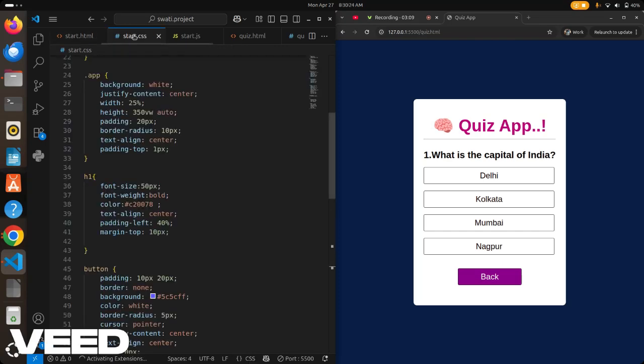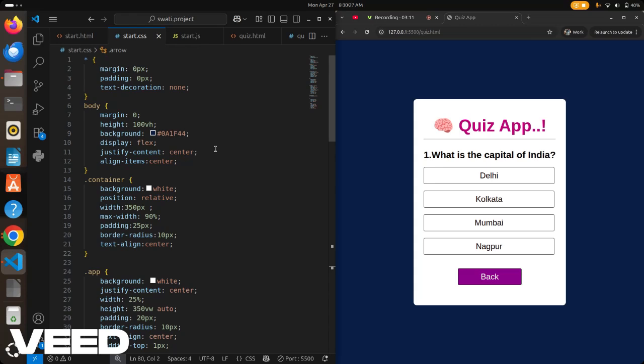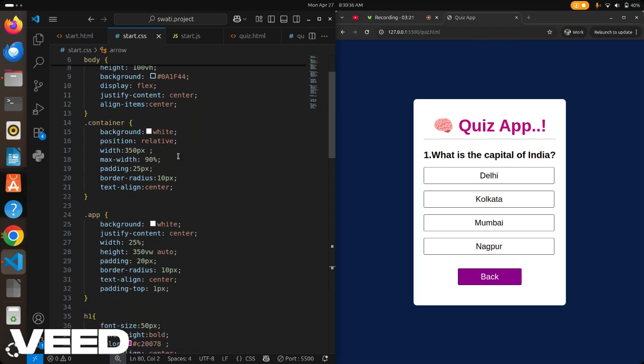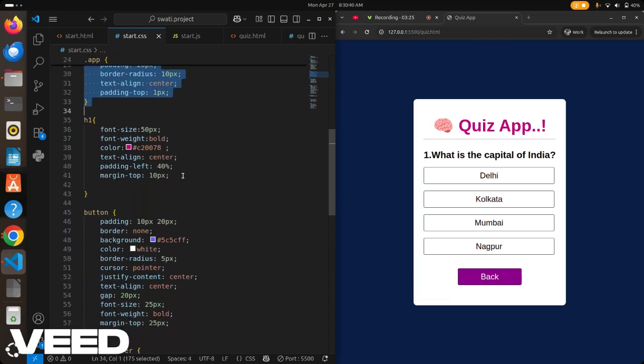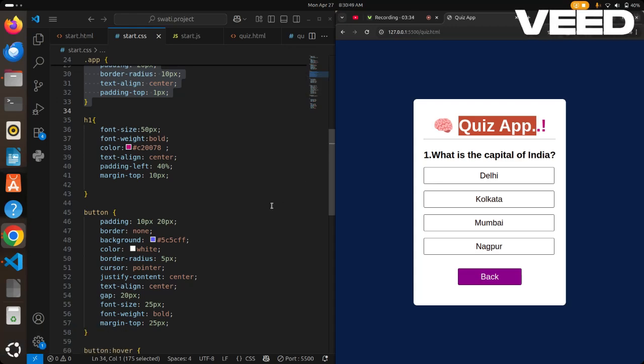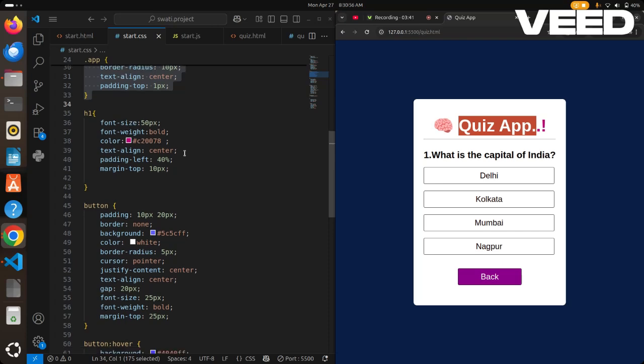And you can see here I give style to my web page, like the starting page. In that I use background, display, justify content center, align items center, all these things. These are used for styling. These are the CSS properties. Text align center means if we want text in the center, we use text align center. And if we want any content or any item in the center, at that time we will use justify content center and align items center.